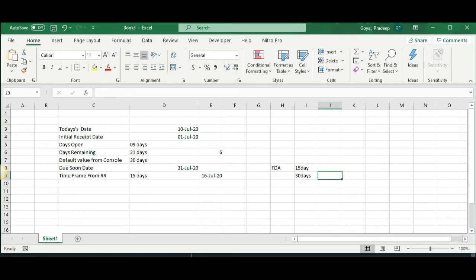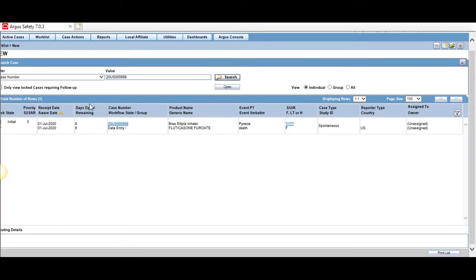So earlier you saw that the time remaining was 21 days because we had taken 30 days as the maximum value from the console, right?